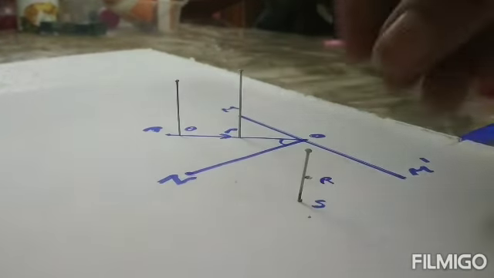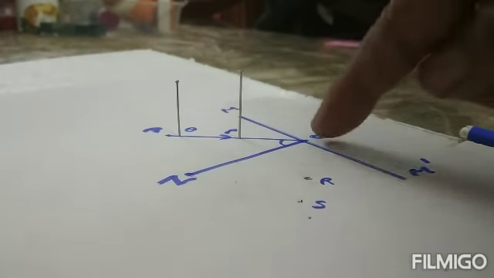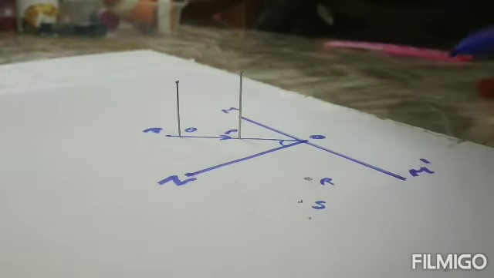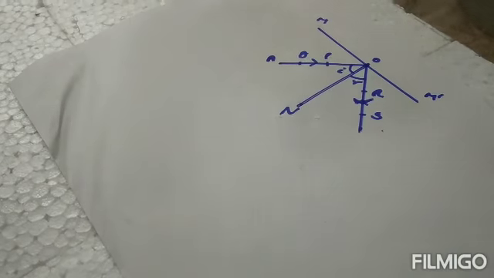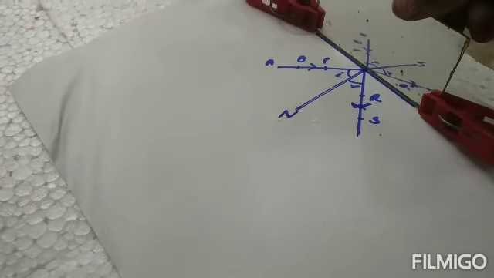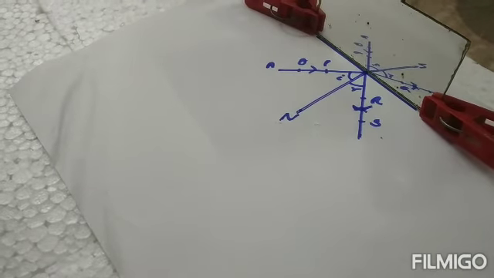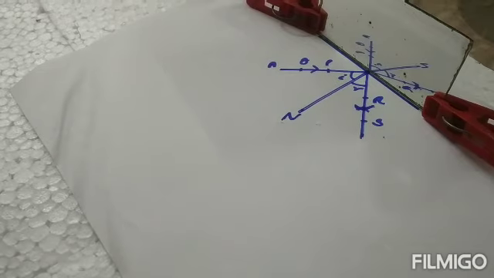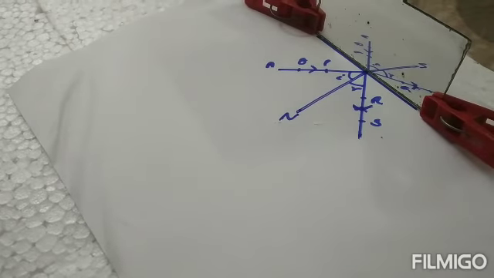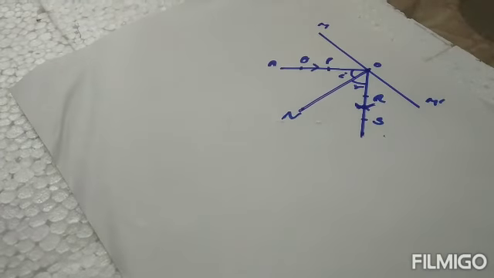Now we have removed the pins R and S. We have labeled them, and now I simply join the points O, R and S. Now place the mirror back. We have joined the line R, S. Now place the mirror. Here you can see the reflection of the rays. Both the points R and S are coming in a straight line with the pins P and Q. Now again remove the mirror and measure the angle with the help of a protractor.